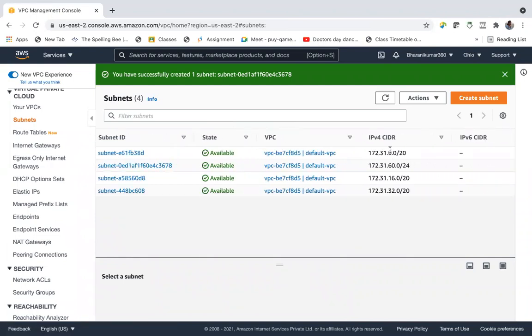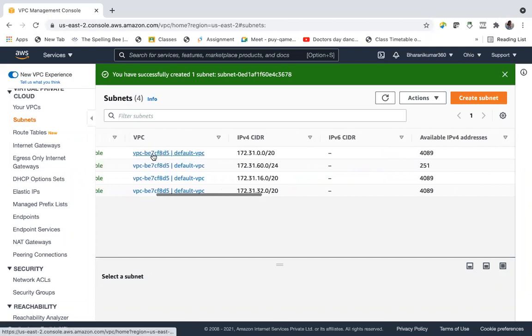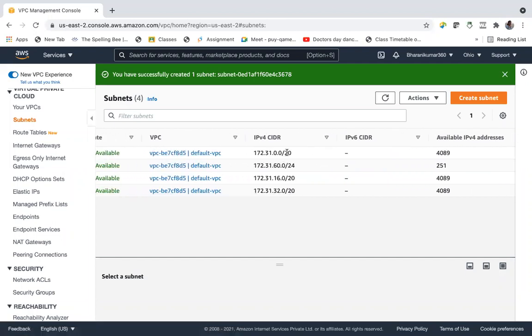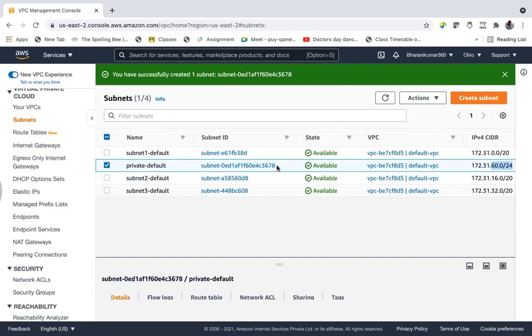So this is the first availability zone in default VPC subnet 1. And you can see the range is /20. That means 4089 IP addresses available. This is second and third. And this is the subnet which we have launched just now. And we should have route table too.